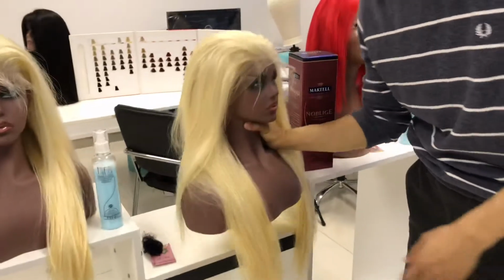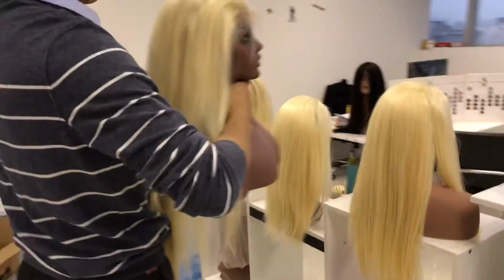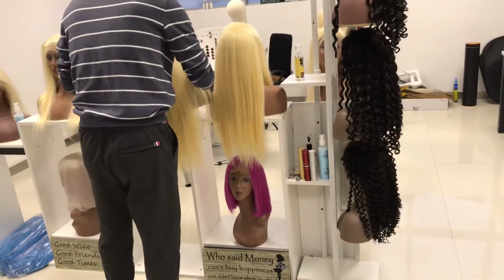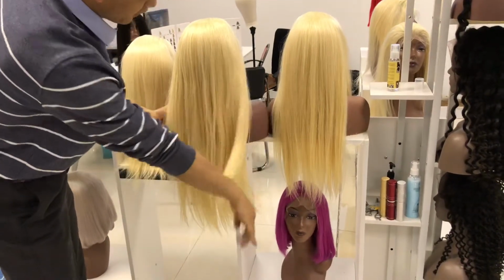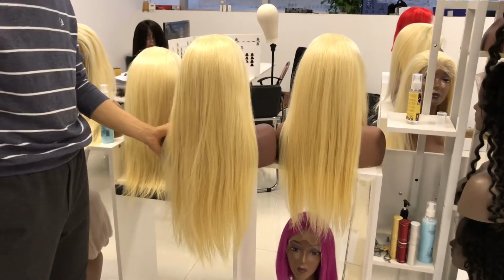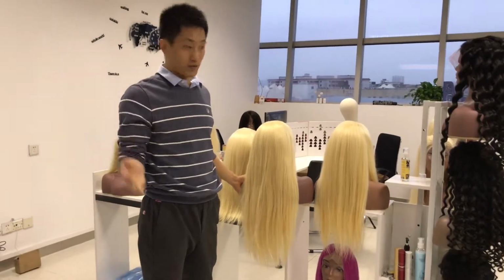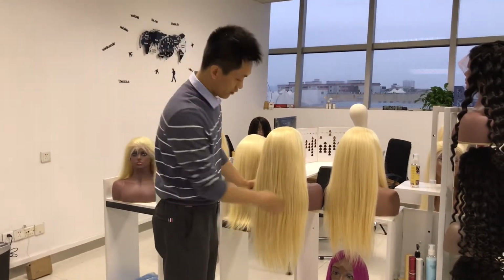Wait, I'll take and show you. I'll compare this one. Two bundles and 3 bundles. So obviously, you can see the difference. 2 bundles and 1 frontal, 3 bundles and 1 frontal. It's much fuller. So that's why sometimes some clients ask us why our prices are a little bit higher than other vendors. So you know the reason, because we use 3 bundles to quote the price,